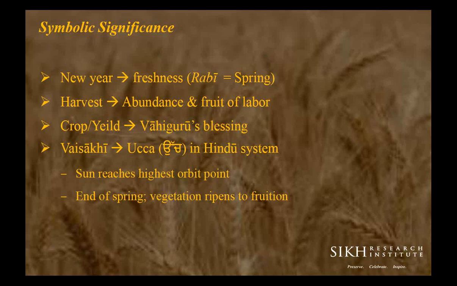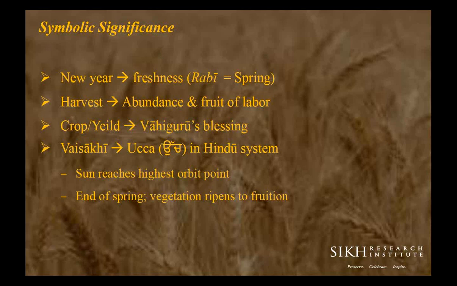In the Islamic or the Semitic tradition or the Arabic tradition, Rabi crops have some association with this time frame. In the Hindu system, everybody probably knows that the Hindu calendar system is based on the lunar calendar, and that is where all of the divisions of the calendar take place. However, if you take a look from the solar time frame or the solar calendar, this is when the sun reaches its highest orbit point in relation to the earth.